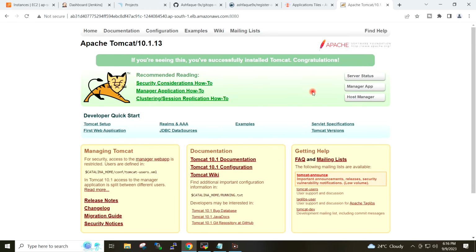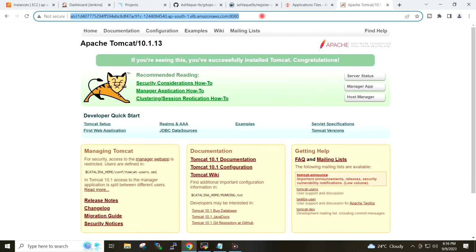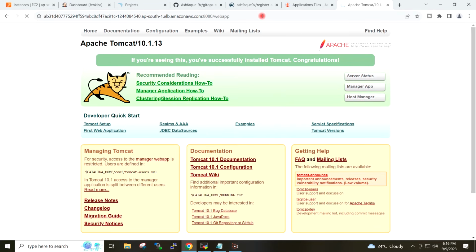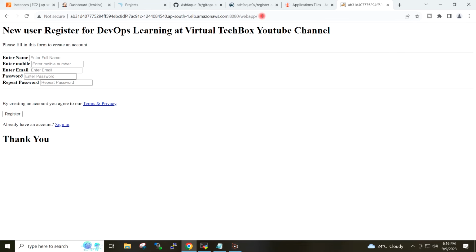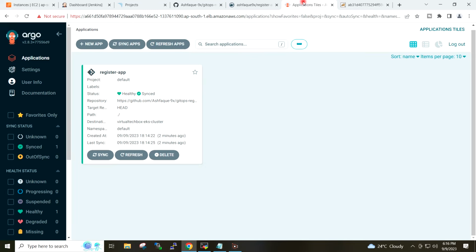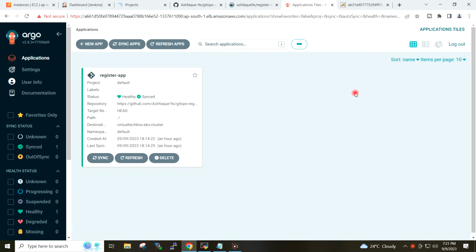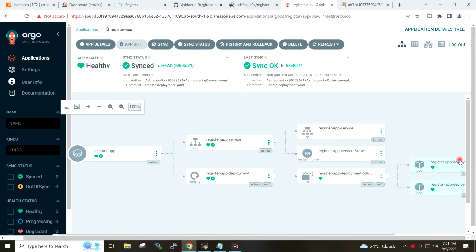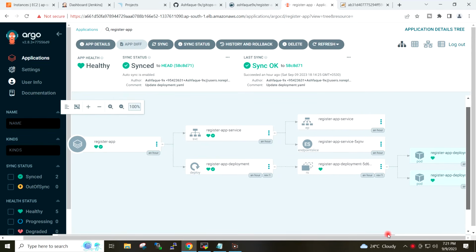So this is the default home page of the Tomcat, and if I give the slash web app, so this is my application. Deployment is happening perfectly on the EKS cluster through the Argo CD.